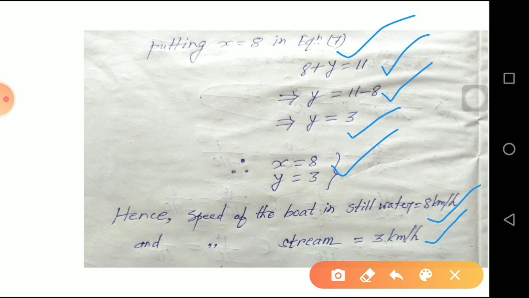So you have understood how to find the values when the equations are not in linear equations in two variables. First, we have to convert the given equation in linear equations in two variables. Then we can solve by algebraic method or graphical method.